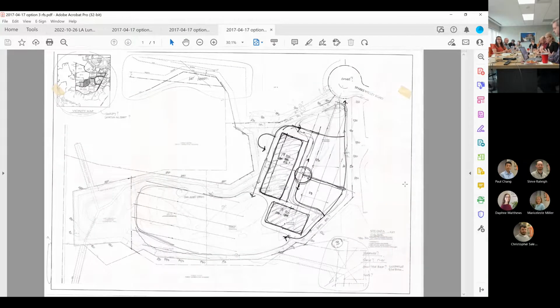This was another study we did, following that first orientation. What if we come in and we rotate the orientation, we face it towards the east in this case, bring the access around, what's left for parking? So these are really, really quick studies that we do just to begin to